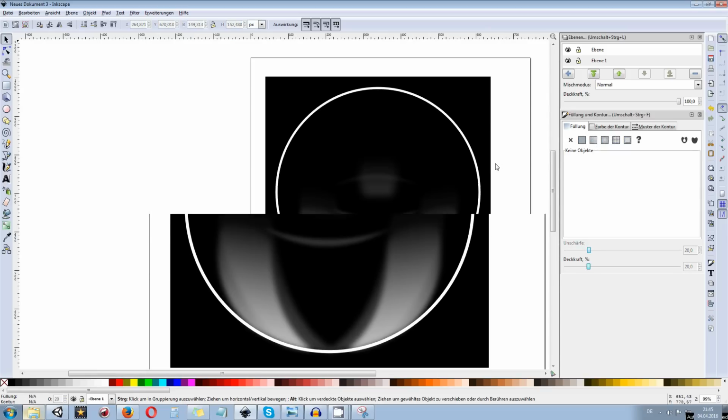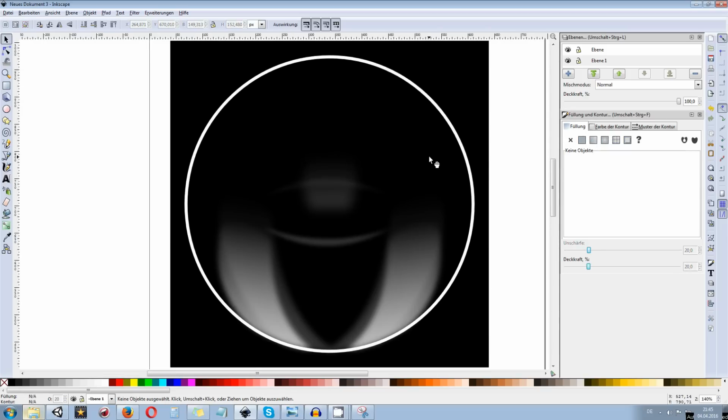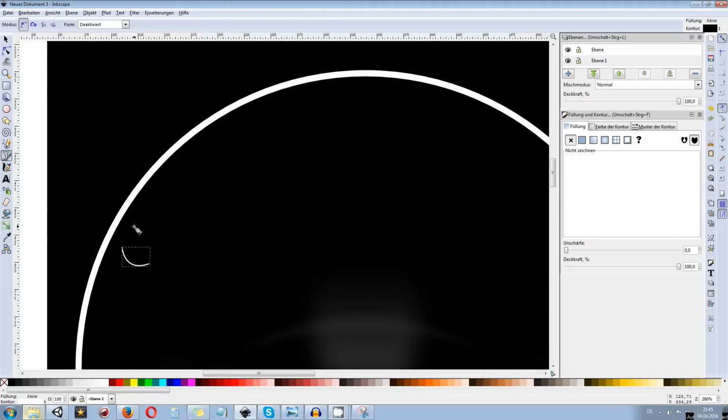You need to decide and check what's the best way. Okay, now more effects we need on the top. So at first we go over and make a more prominent one on the front side of the bubble. So we start maybe here. Again, you can always go and make this one round or whatever you want. Don't forget to make the outline white.